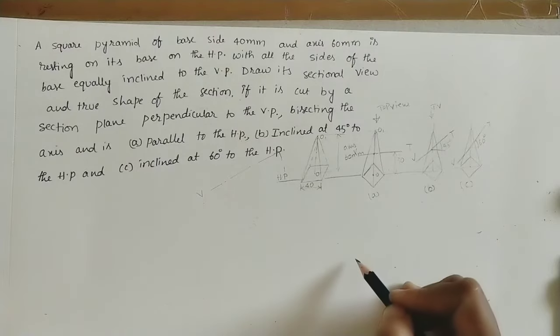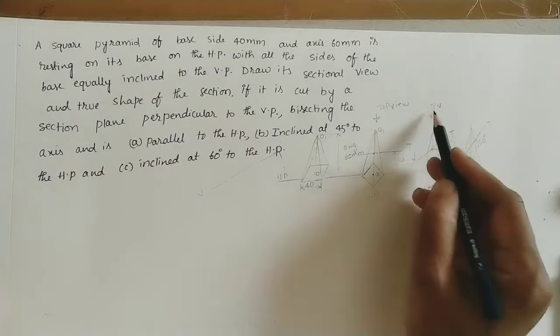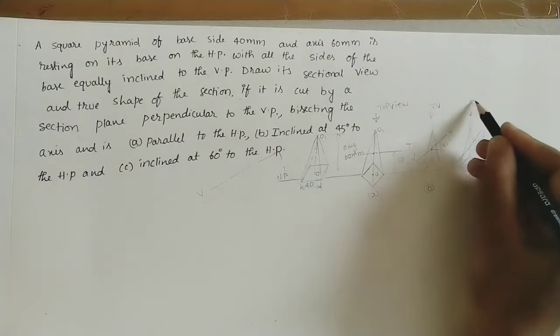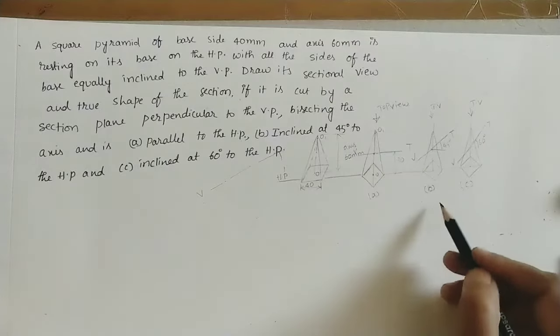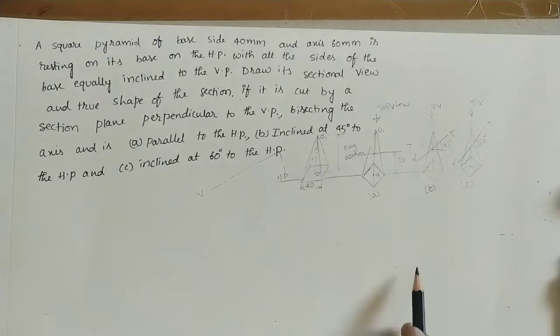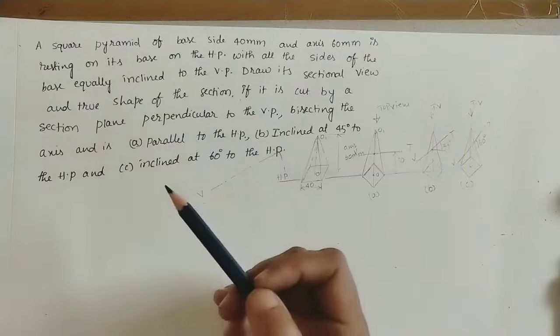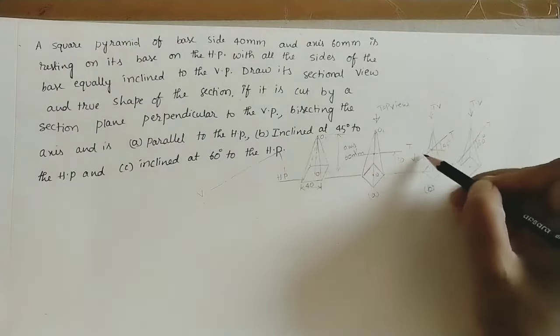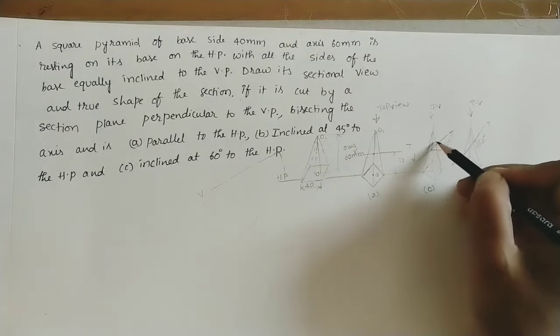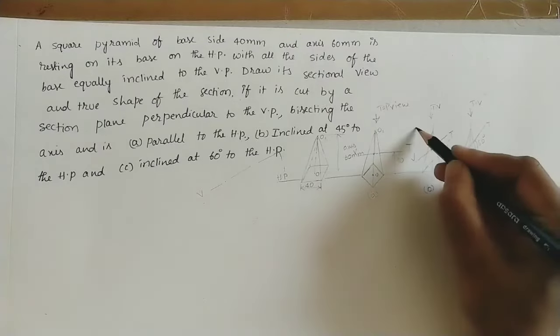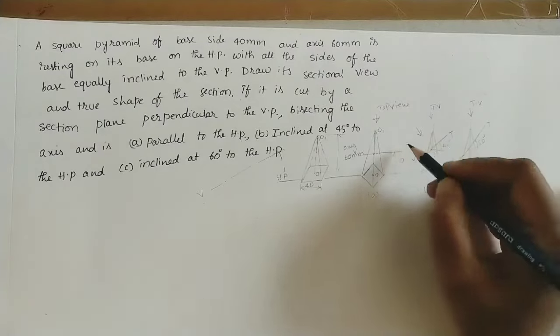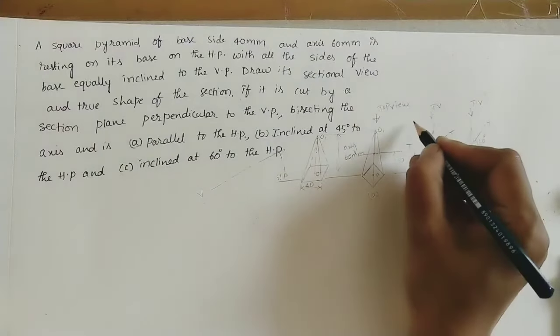We have to do the top view here. For this also we are taking the top view in all the positions, in this direction. We have to do the top view. In this case also, top view. After that, true shape of the section. True shape of the section means here we are cutting in this direction. So whatever pyramid portion is here, whatever shape is coming here, it is called true shape. We have to see the direction like this for getting the true shape of the section.